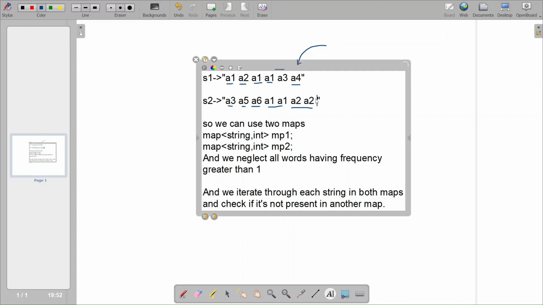Let's say you would have here A7. What will be the answer? Will the A7 be included? No, because A7 is appearing twice. Okay. So for this